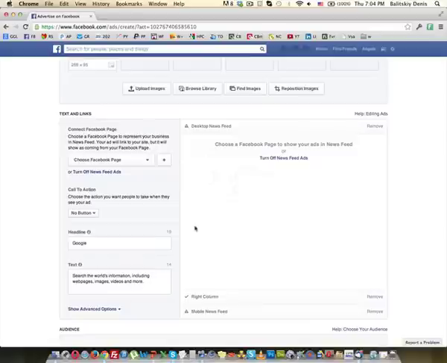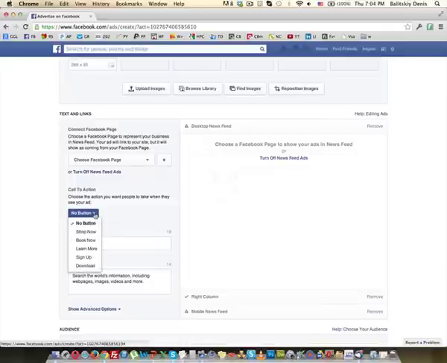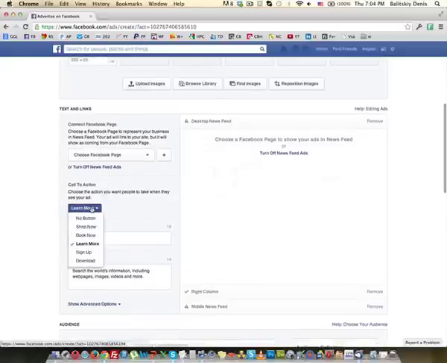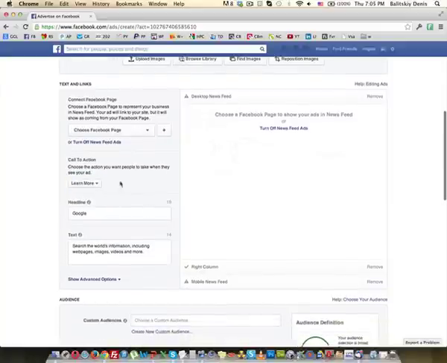First of all, you can add a button to your ad if you are targeting desktop newsfeed. How to do this? Just click here. And by the way, this is a very new option. Facebook added this like 1 or 2 weeks ago. What I do is I use Learn More most of the time, because with Shop Now, if you're telling people to buy from the beginning, it could kill your conversions. But Learn More is something very cool. And of course, Download is another one. So Learn More is my preference.